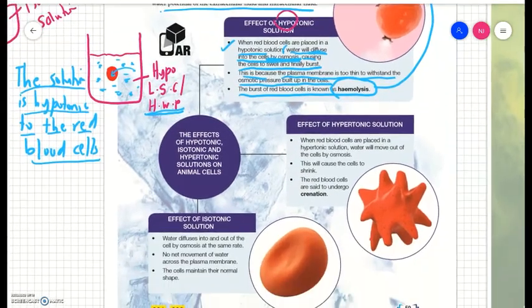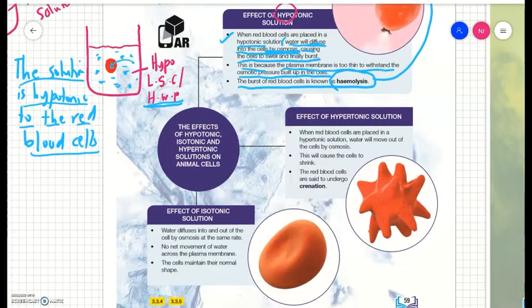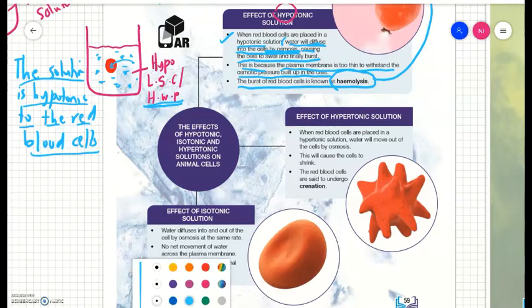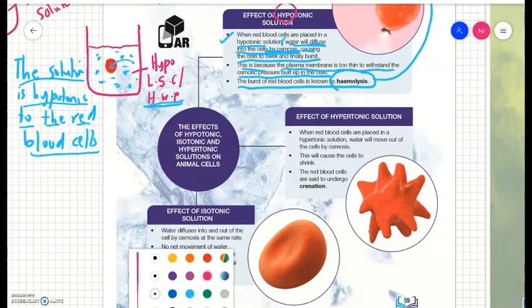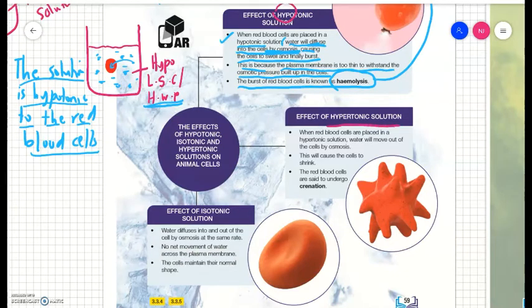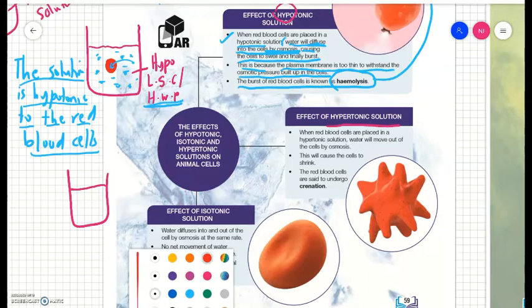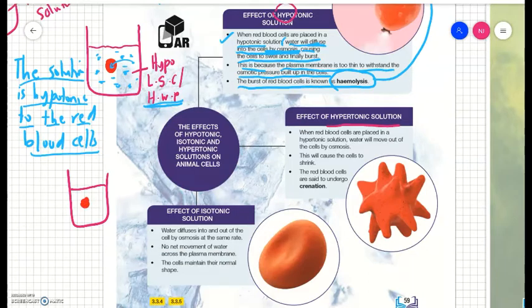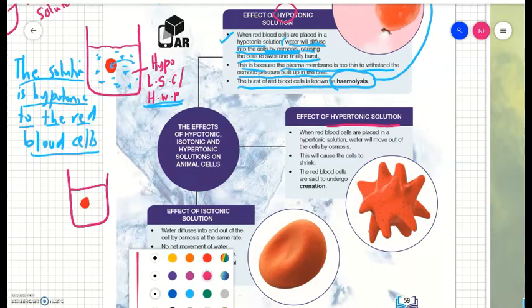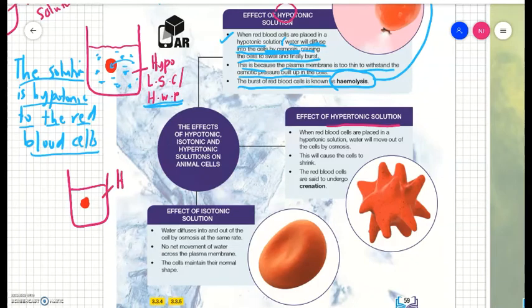Okay, next we have hypertonic. Okay, what is the effect of hypertonic solution towards the red blood cell? Okay, now hypertonic. So hypertonic, kita ada solution, again solution, and then this is the red blood cell. So bila hyper kita means tinggi kan? Apa yang tinggi? High solution concentration, aka